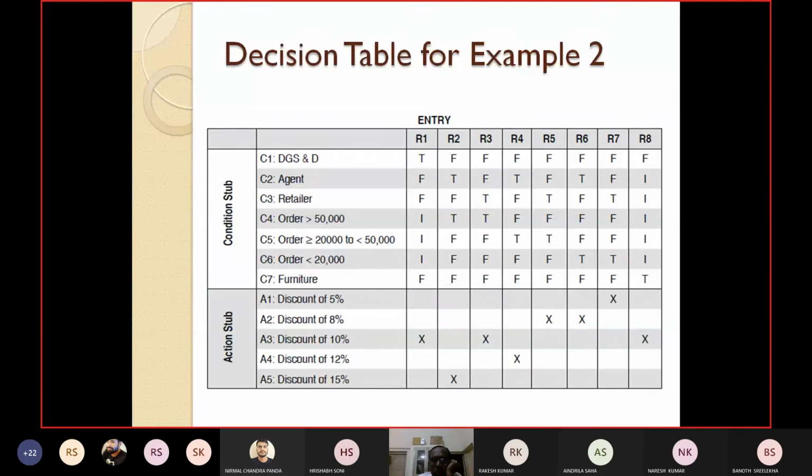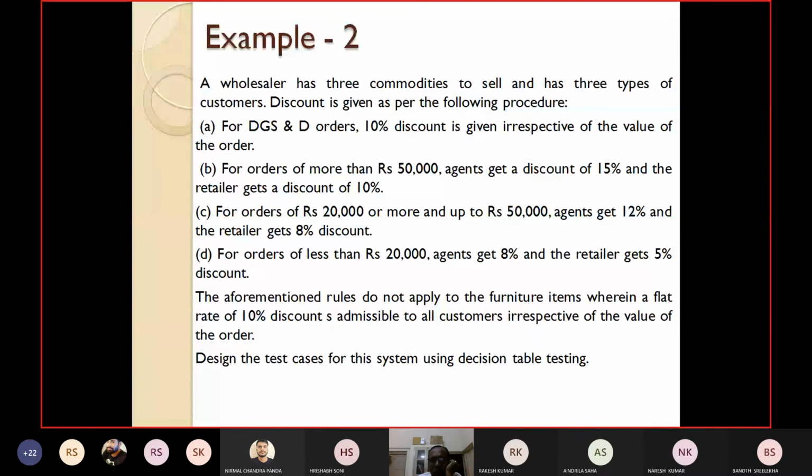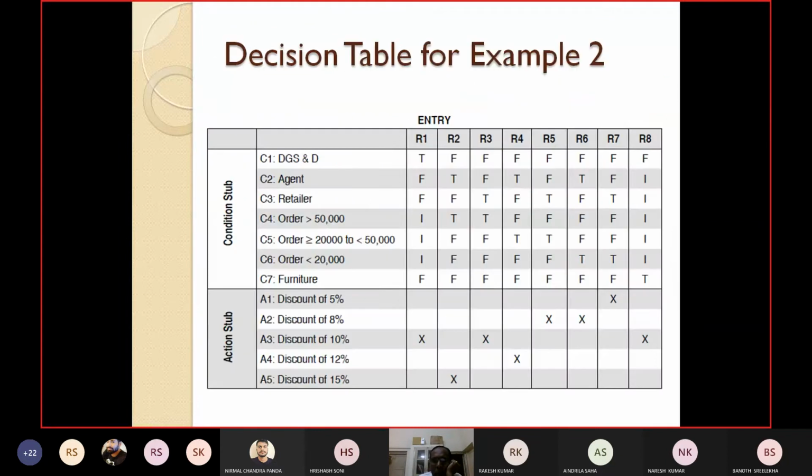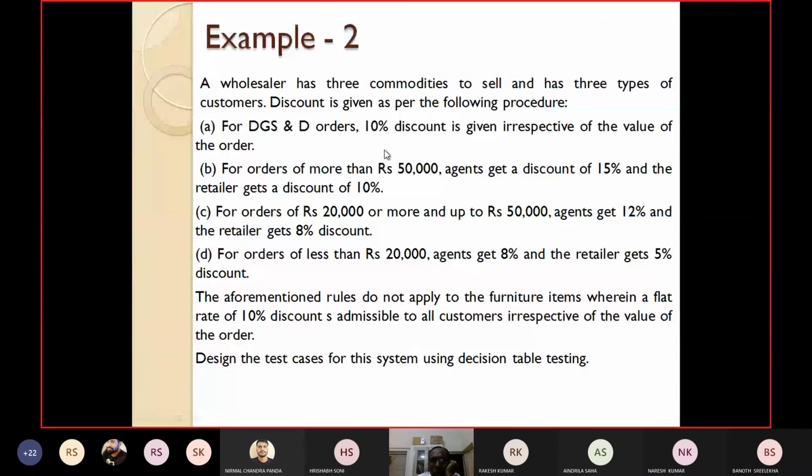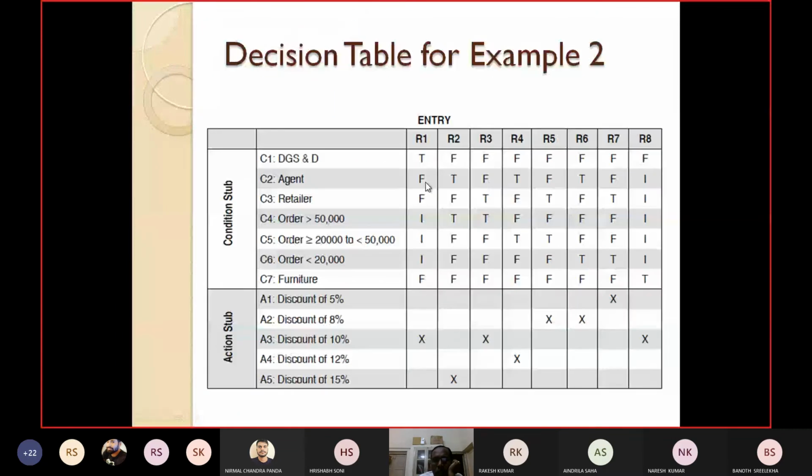DGST is irrespective of the value of the order, and agent or retailer are not considered here. Whatever may be the purchase value, that is immaterial now. So 10% discount will be given.